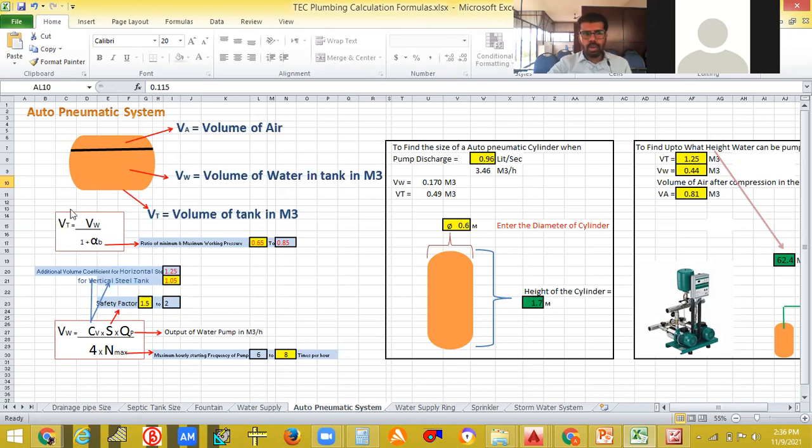So you know the formula VT equal to VW divided by 1 minus sigma B, and the sigma B ratio will be 0.65 to 0.85. That you can give it here. Then the additional volume coefficient for horizontal is 1.25. For vertical it is